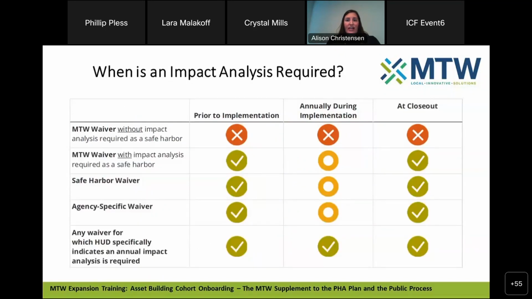So here's the chart that I was talking about earlier. When is an impact analysis required? So let's break it down. And again, it's just a guide. When you're wondering if an impact analysis is required, the best place to go is always to look in the operations notice at the specific activity that you're looking at, because that's going to be the most accurate information. But to give you a guide and idea of when things are required,